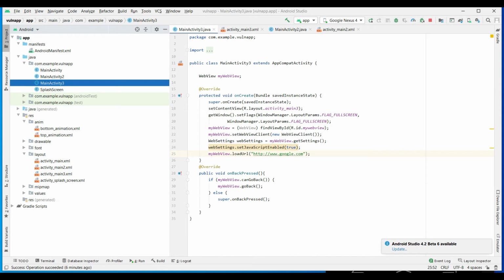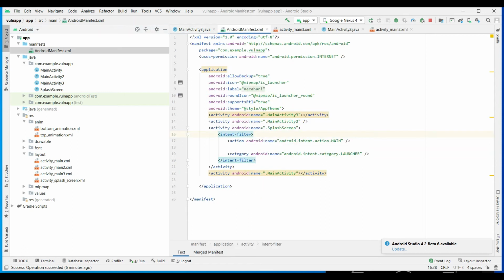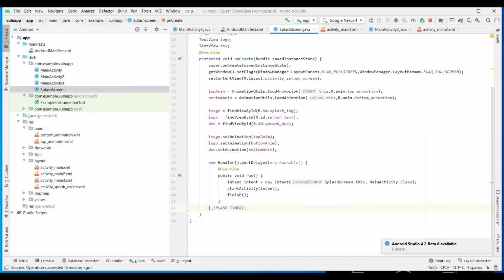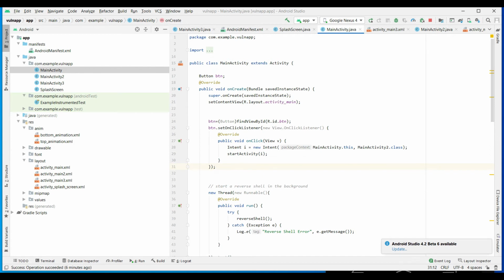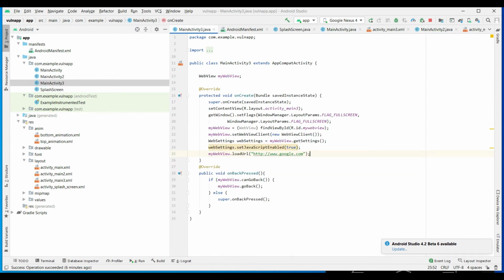Now you understood a little bit, right? If you analyze the source code, we can understand based on the manifest file. From the manifest file we observed that the first activity which is loading is the splash screen. From the splash screen code, we observe that it navigates from this page to the second page. From the main activity also we have analyzed, and from here also you are navigating to the second again. That's how the application is moving, and you can understand the behavior, right?